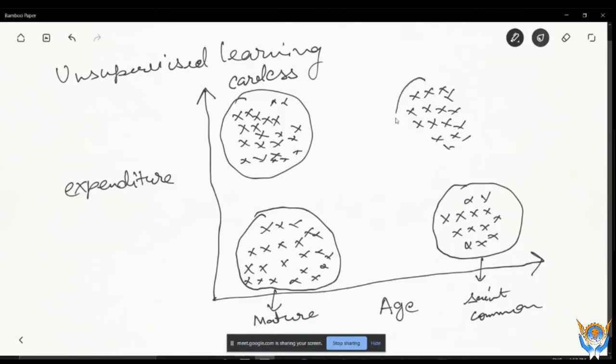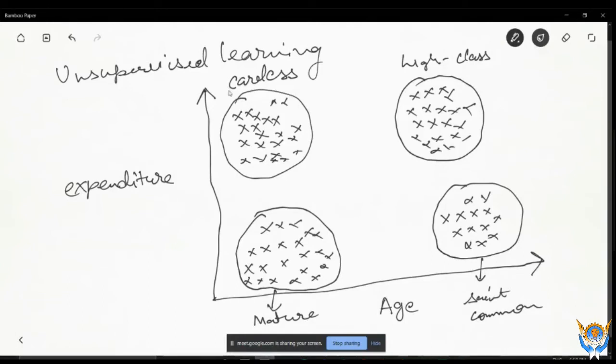Okay. Now, along with age, you can say that they are basically high class people, or businessmen. Okay, so basically when their age was less and when their business started, at that time their expenditure was low. But as their business grew, as more money came to them, they also increased their way of living. So their way of living increased, their standard of living increased, and along with that their expenditure also increased. So you can say they are high class people, and they are middle class people, they are a mature kind of people, and they are a careless kind of people.